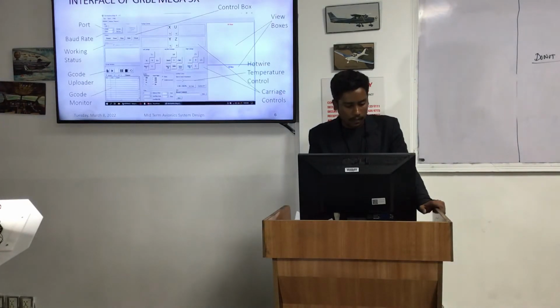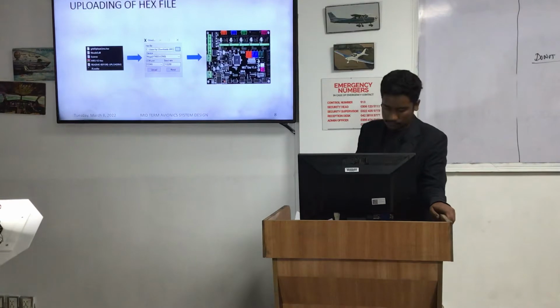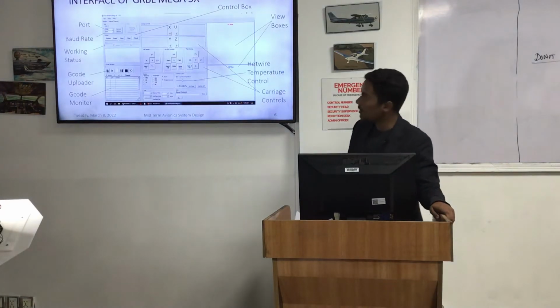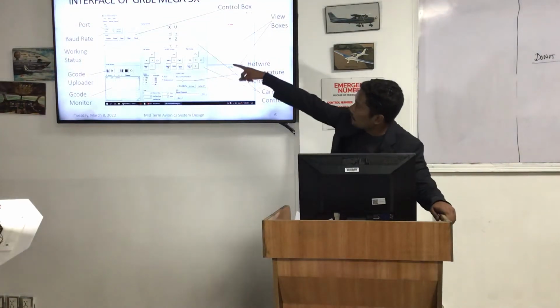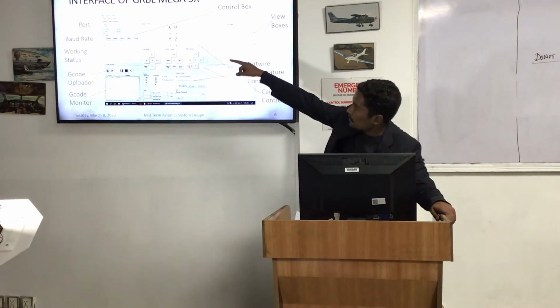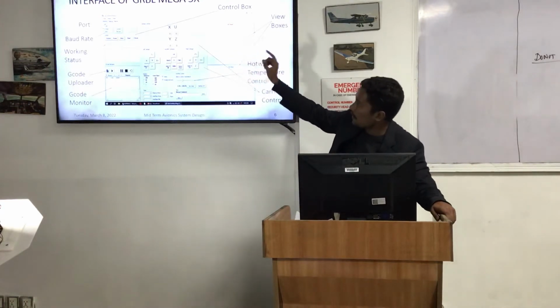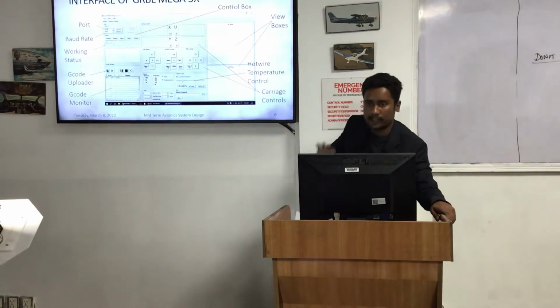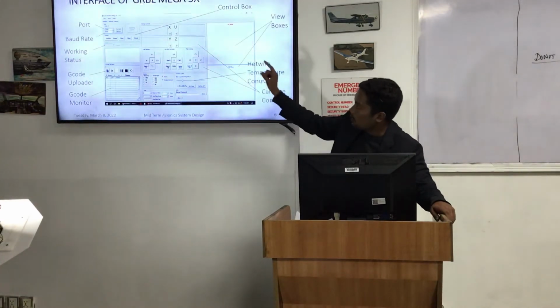And then this is the interface of GRBL Mega 5X. There is a port button, which is used to select the port on which the MKS board is connected. Then there is a baud rate.